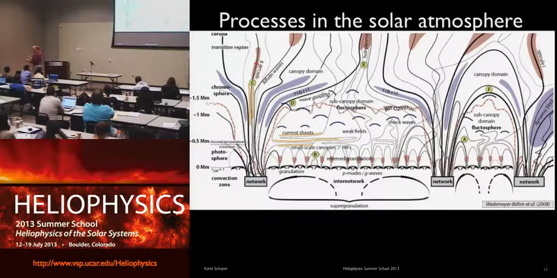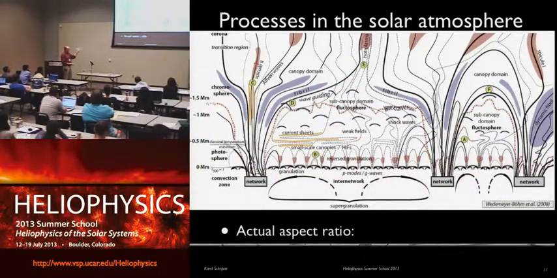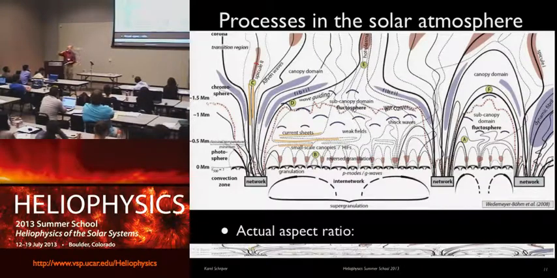The shorter period waves, the ones that actually are oscillating and compressing as they go up, they do run up. And as they run up, they see this tremendous density gradient. I'll show you the numbers in just a moment. And tremendous in the form that this is what most people show you. I have to show you what it really looks like. If you do the aspect ratio right, it should look like that. Okay? Sorry, one step at a time. It should look like that. It's really very, very stratified, very, very flat.